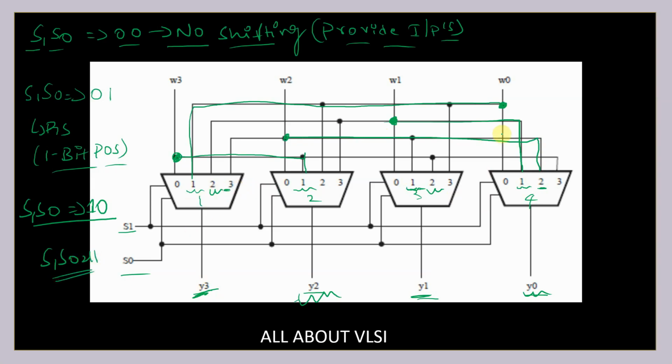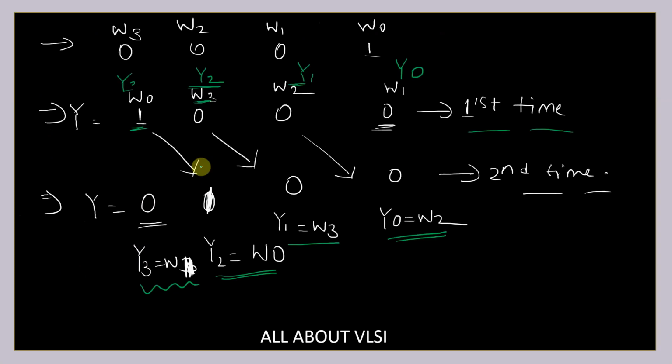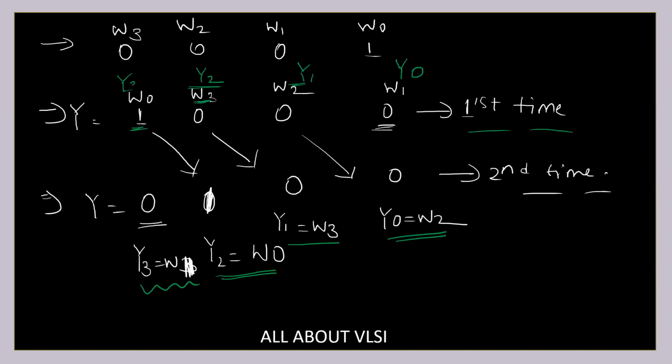And this pin, accordingly, is connected to my W2 or whichever pins we have got. So Y3 is connected to W2. That's the reason this pin is connected to W2. So that is how we are going to design our multiplexer circuit in such a way that if you carefully observe over here, let's say